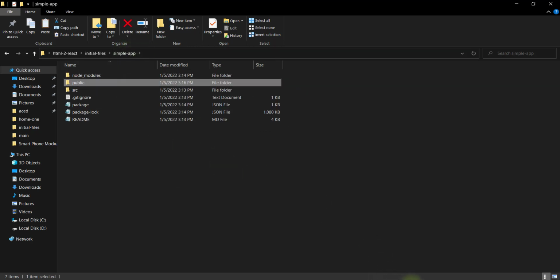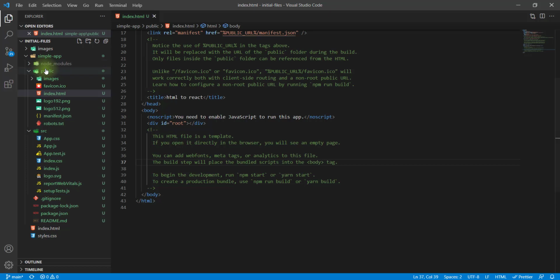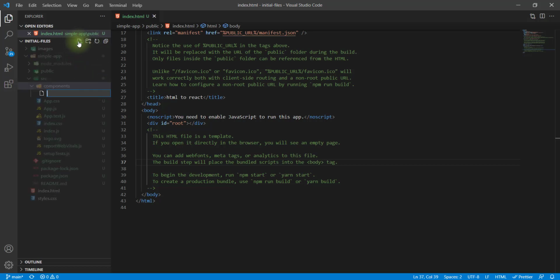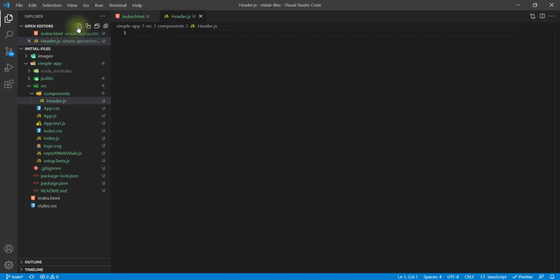So what you can do here is go to your src folder, and inside this folder you should create another folder that would be components. Okay, so these are the components that we'll actually be having, only 3 components for now. That would be header, footer, and body, because this is a simple basic level tutorial. So the first component is header.js. So the second one should be